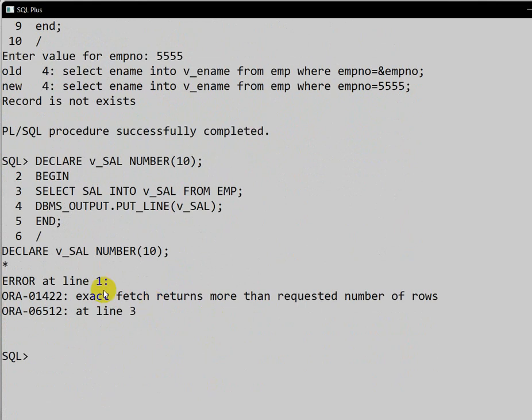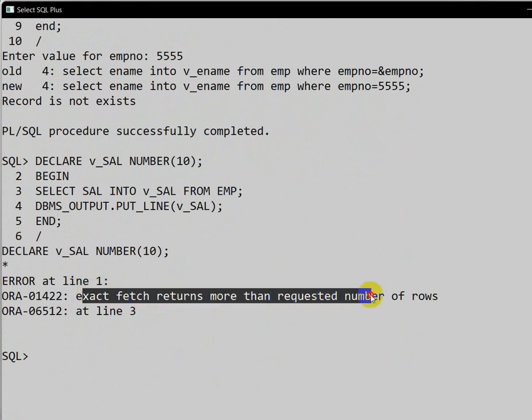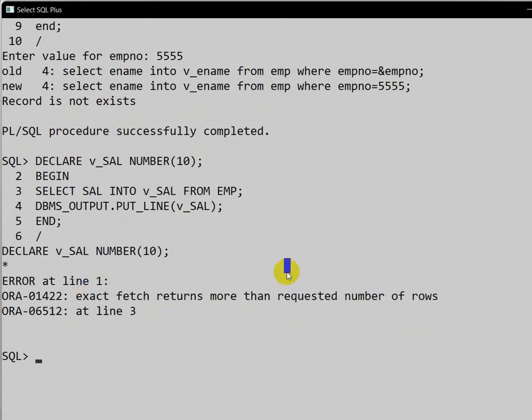Here we can see "exact fetch returns more than requested number of rows." What we are doing here: first of all, we are declaring select salary from the employee table into the variable underscore salary, and we are printing the variable salary.